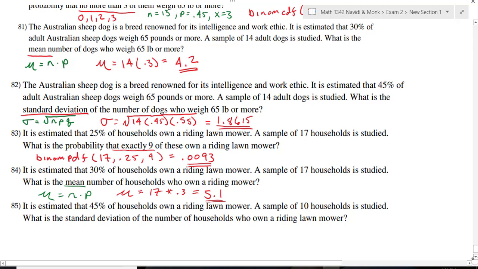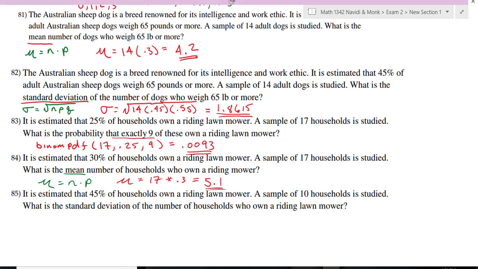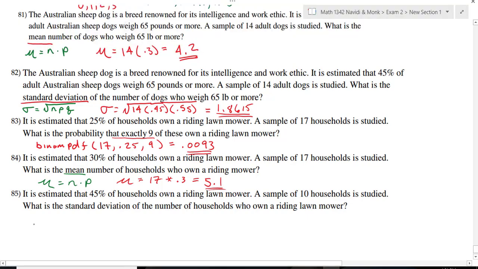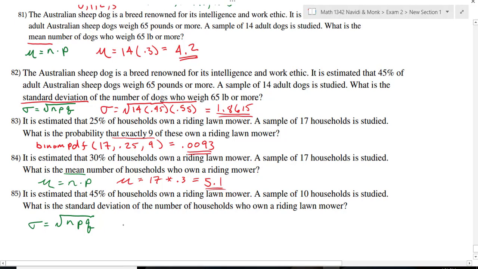And number 85 says that 45% of the households own a riding lawnmower. A sample of 10 households is studied. What is the standard deviation? Once again, the formula for the standard deviation is the square root of npq, where q is 1 minus p. So the standard deviation will be the square root of 10 times 0.45 times 0.55. And when we put that in our calculator, we get, beautiful,